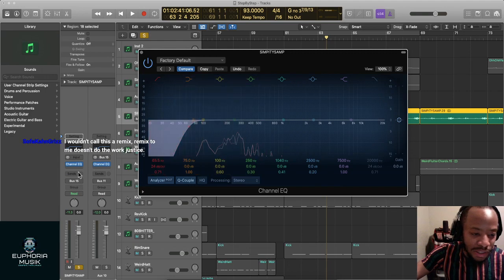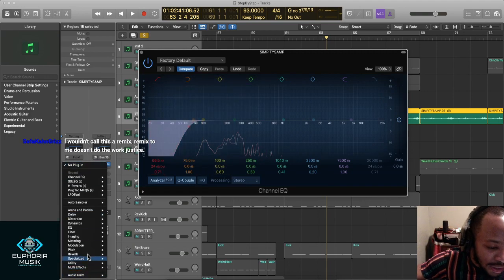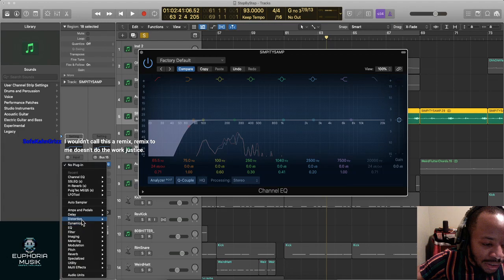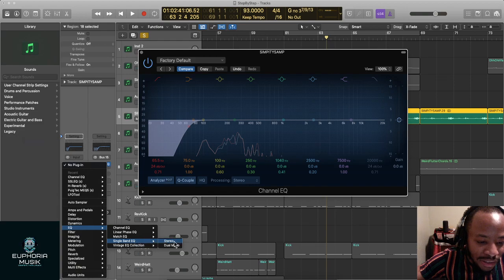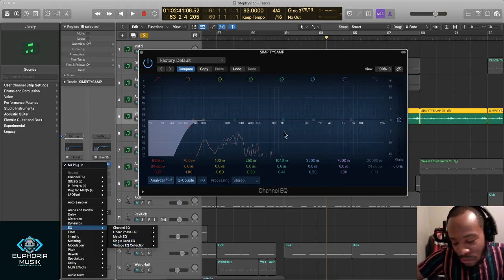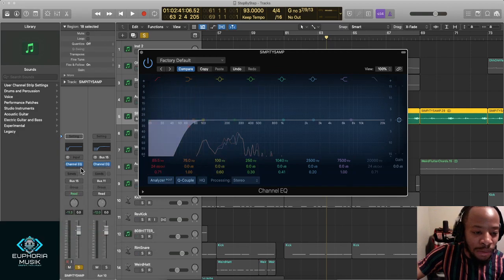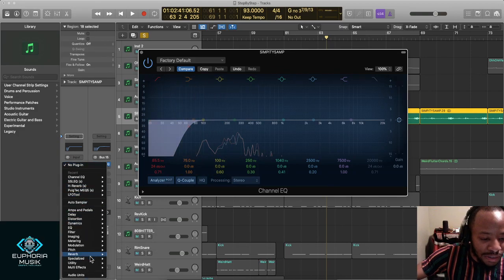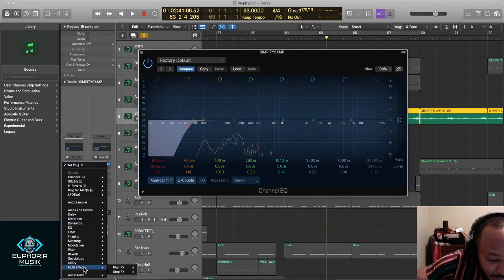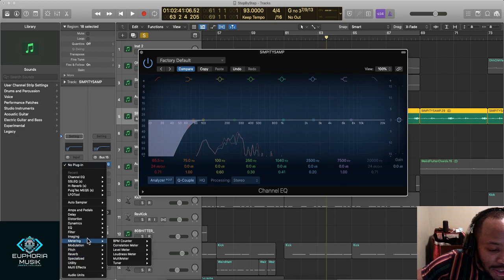And there are simpler EQs you can use too, like in here on Logic, just to do a simple cut. Single band, and you can change it to low or high, and then just slide. It's a knob. Let me just go ahead and pull it up. For certain sounds you don't need external plugins.